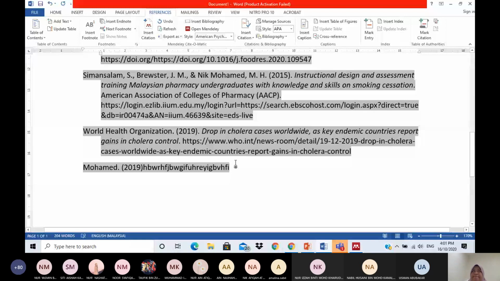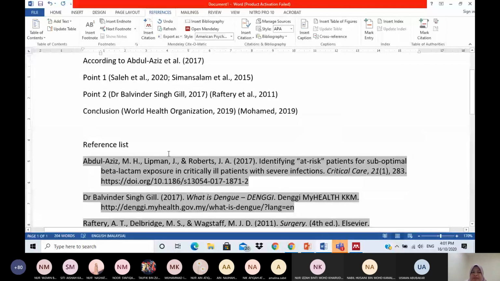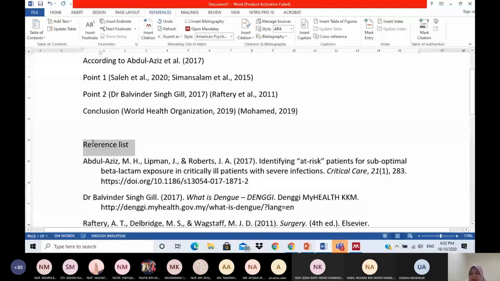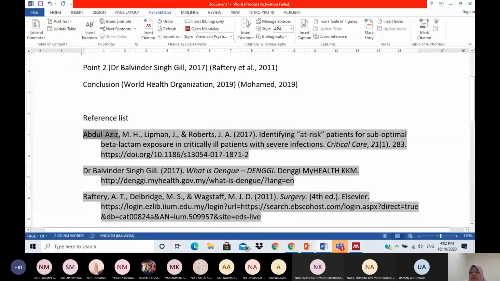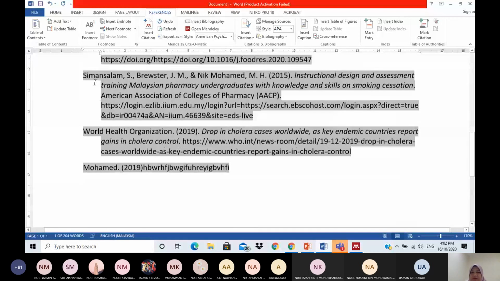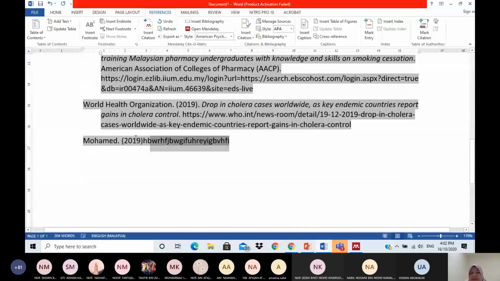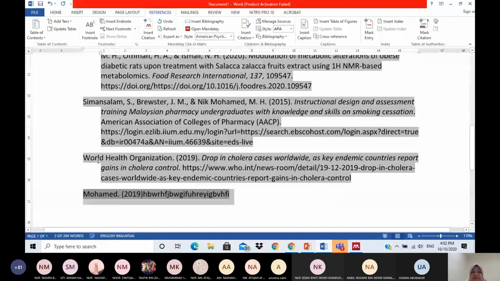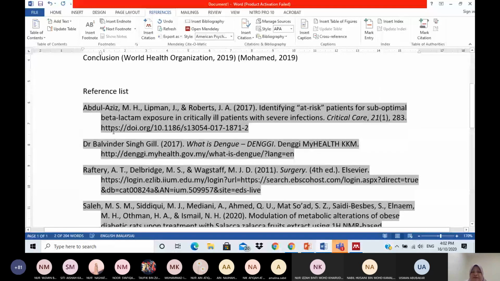Okay, so for information, in APA 7th edition, the reference list will be arranged by alphabetical order of the author's family name, meaning authors that start with alphabet A will be arranged at the top. So remember the one that I added manually just now, Muhammad 2019, this one should appear before World Health Organization, before Siman Salam, before Saleh. Okay, so usually if